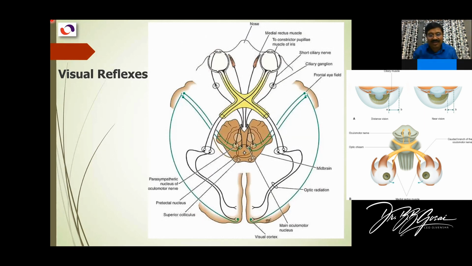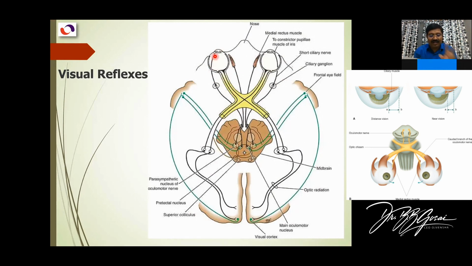And that's how this will go from here, to the medial rectus. And in the same way for the other eye, and both the eyes do it at the same time. And then both eyes come closer. Then the pupil will constrict by this. The ciliaris will constrict by this.